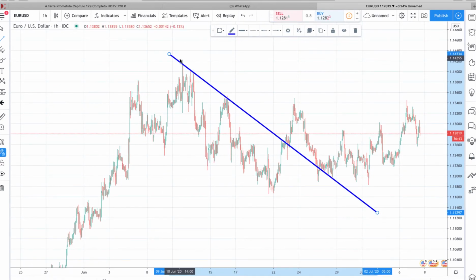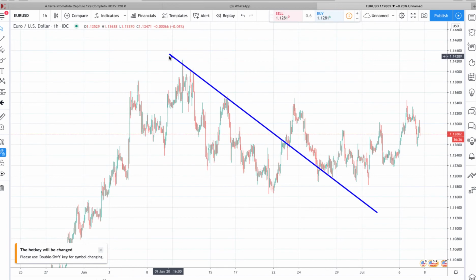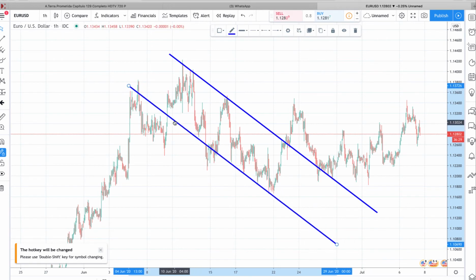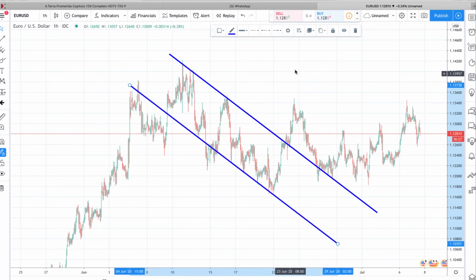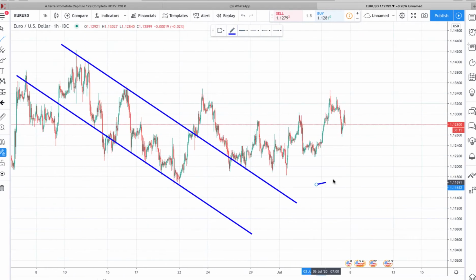We have a top line here. There we go, we have a downtrend in the 1 hour time frame. And then what happened after this? If we look carefully,